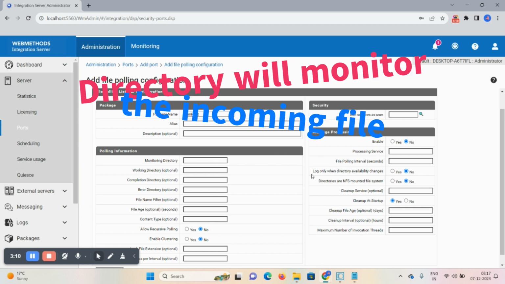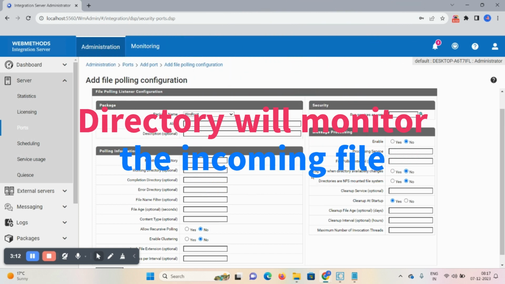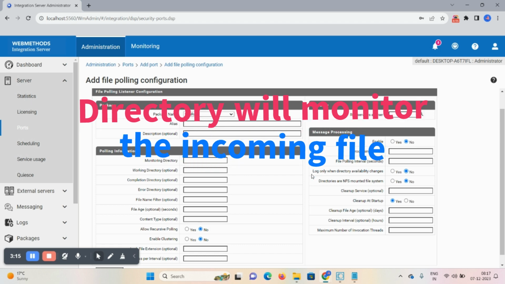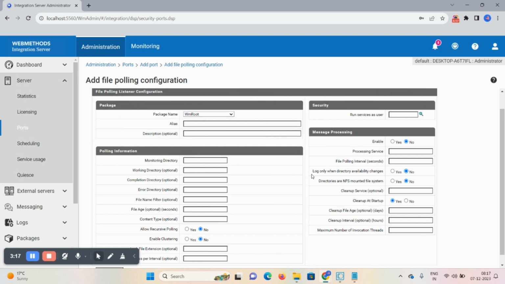When a file comes, it will be picked up. After that it will transfer to the work directory, then the done directory. If any error occurs, the file will transfer to your error directory. The monitoring directory takes care of those things on behalf of your file polling port. Once the Integration Server captures the file,